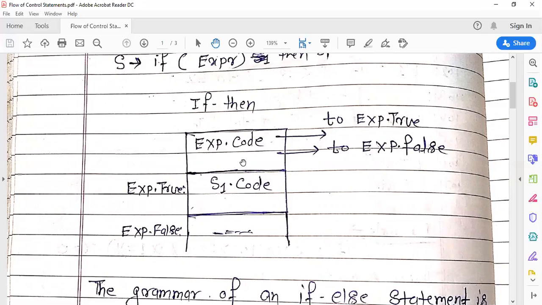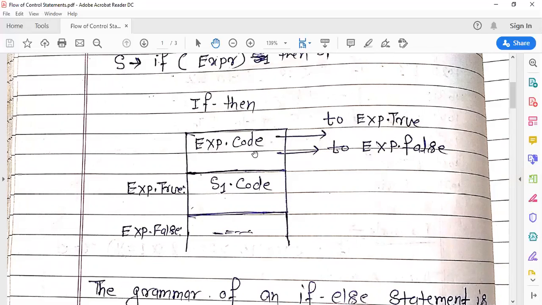This exp.code in the if statement is a boolean expression, the conditional statement used in the if statement, and this boolean expression will be called here exp.code. It may be true or it may be false.